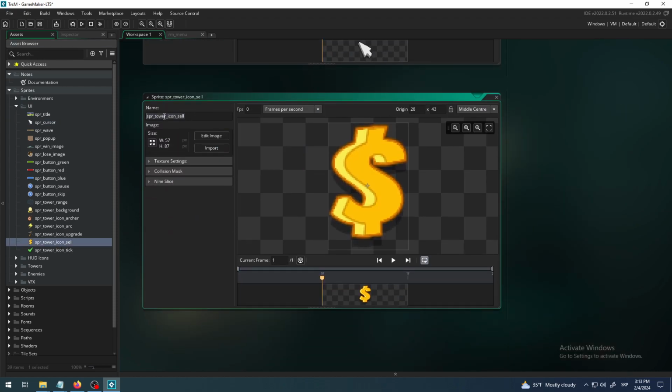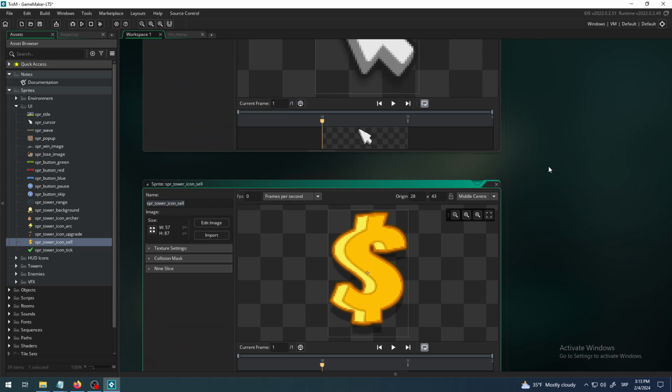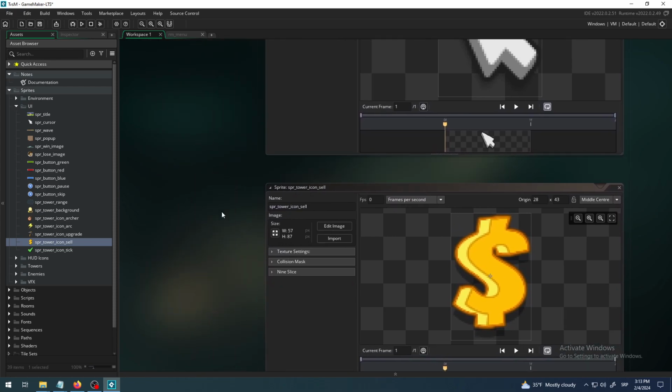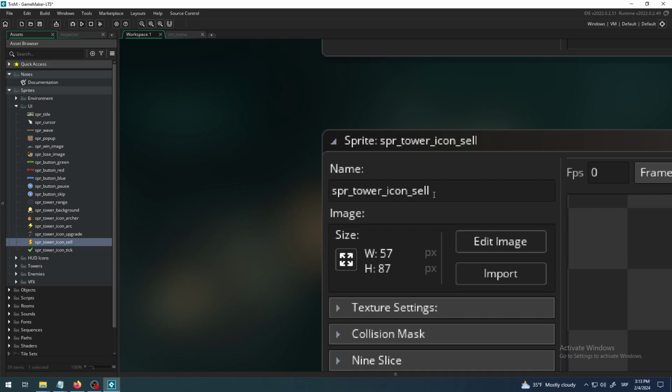It looks funny and shiny. It doesn't matter because it's a dollar, it doesn't make much sense for this game. Maybe for some tycoon game it could be good, but I want the name of it. The name of it is SPR tower icon cell. So you can type it in that variable field, or I can just click with left mouse button, drag to